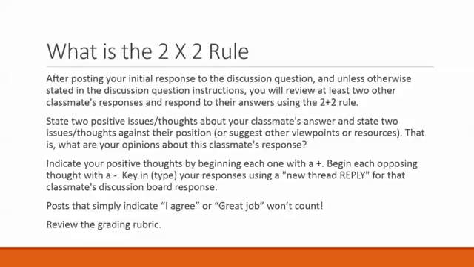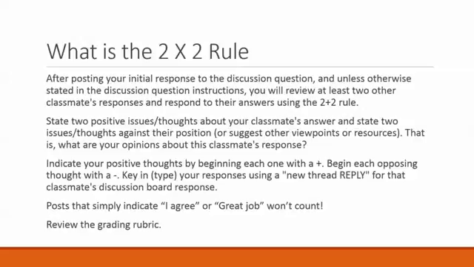Now, for the two negatives, you're going to put a minus sign, and then indicate what it was that you may have disagreed with, and again, why. And when you're disagreeing, include evidence to support your reason for disagreement. Not just I think you're wrong, but why you believe that. That can include something from the textbook, something from additional research, maybe on the internet, or maybe from personal experience. So you're going to want to support your agreement or your disagreement